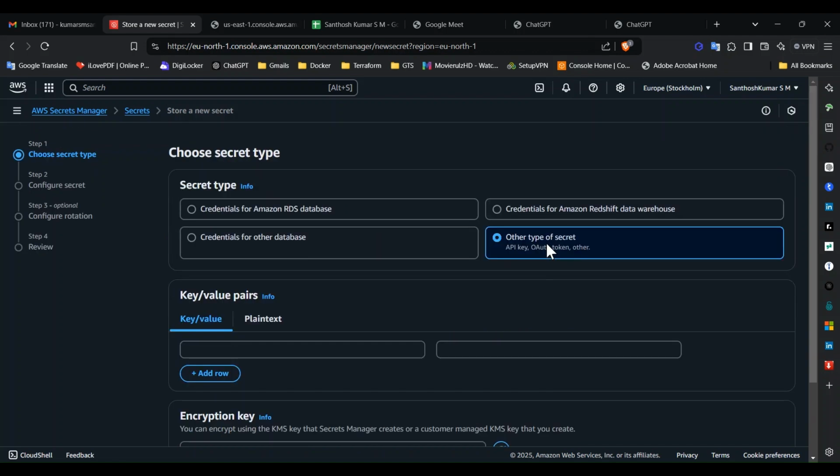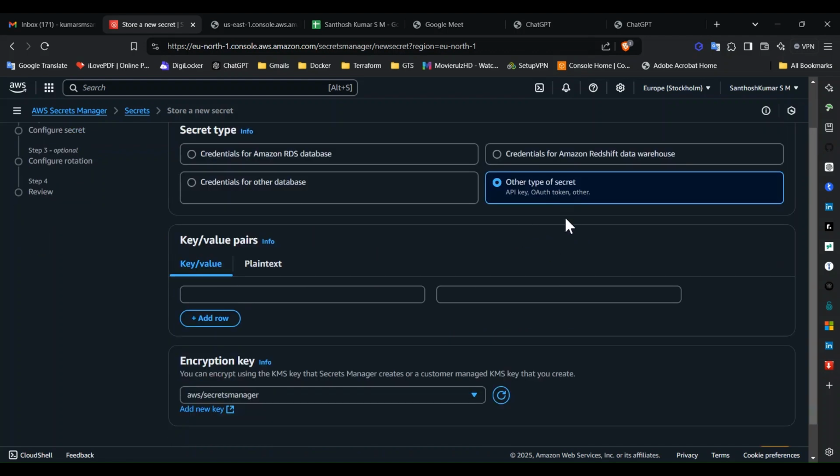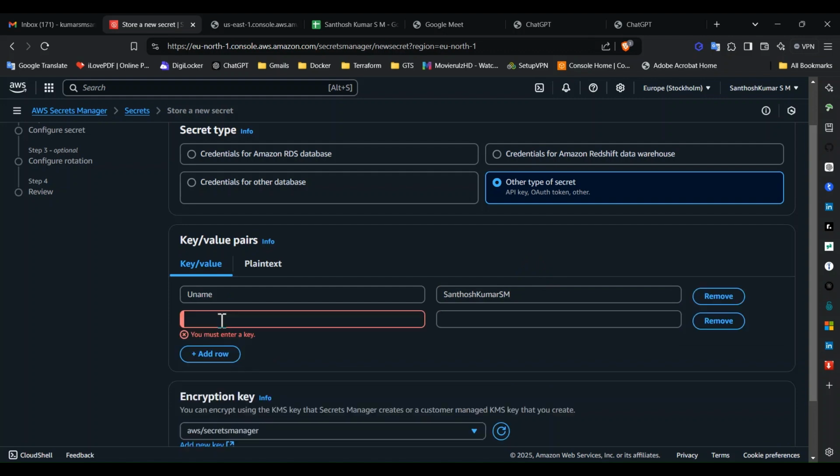So when you click on the other type of secrets, you can store the value in the format of key value pair. So you need to provide your information in the form of key and value pair. Firstly, I'm going to store a key. I'm going to give a username, that is username, and the value is Santosh Kumar SF. So this is the username, and you can add one more value,